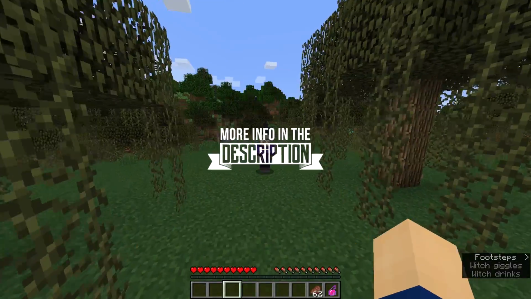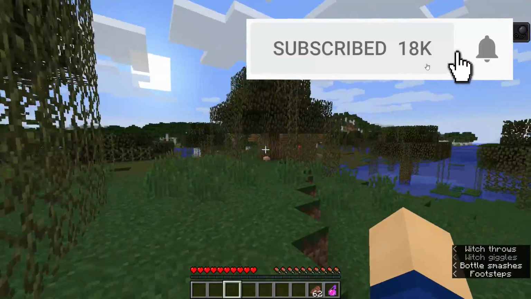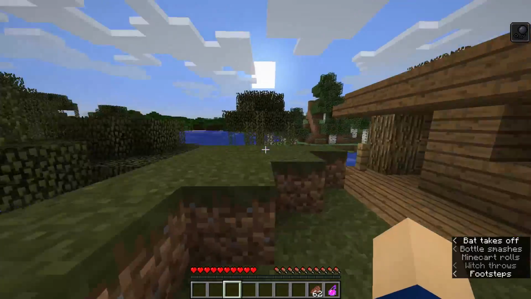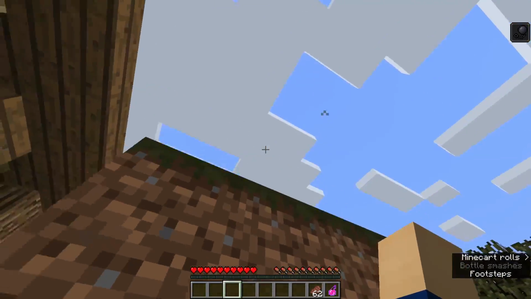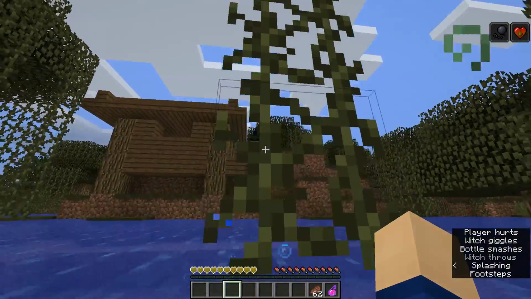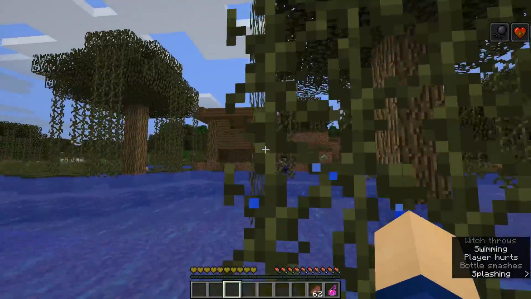Hey everyone, it's Nick. This is a witch, and that right over there is its witch hut. We're in a swamp biome, which is the only biome where these structures can generate, and you can use them to make a witch farm. And I'm gonna show you how that works in the very basic principles, so you can understand how it works,